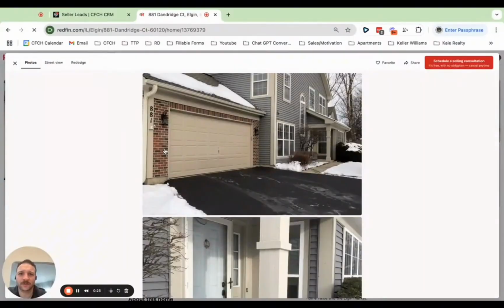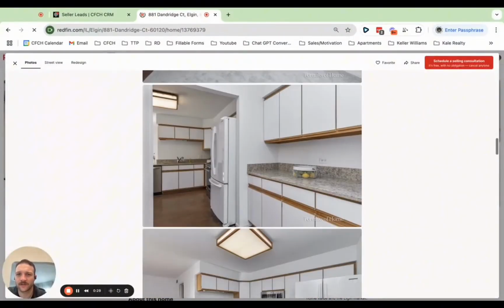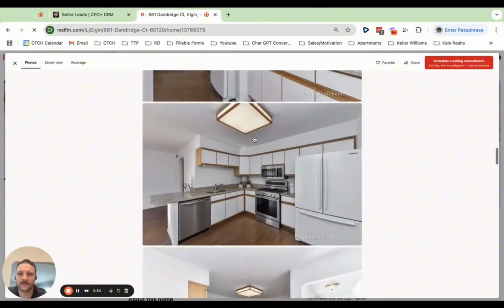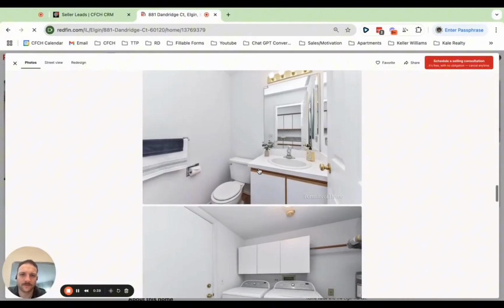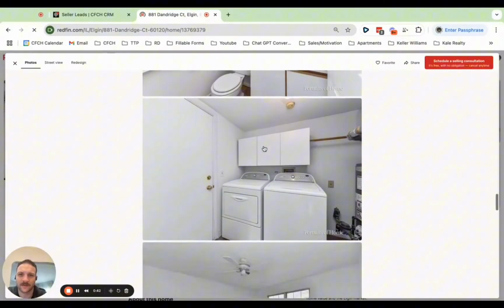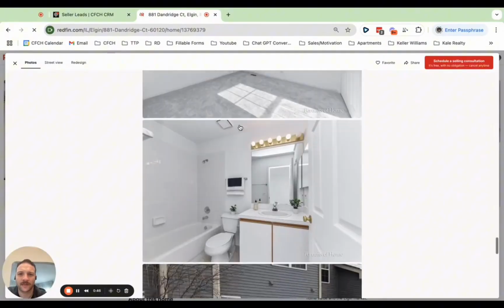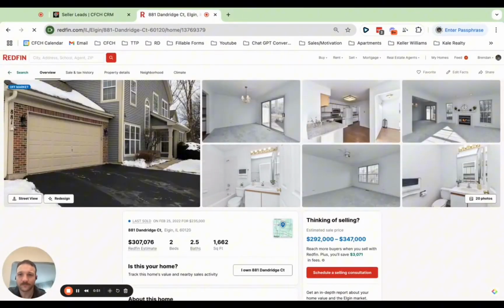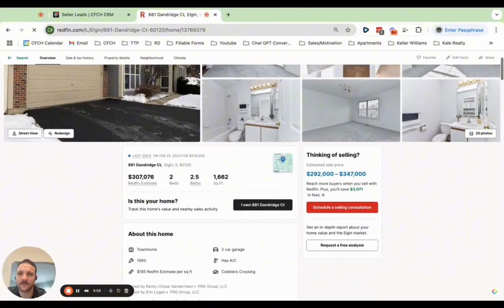So just looking at the pictures, clean property. This was from 3 years ago, so we're not quite sure of the shape today, but it gives you an idea. Older kitchen, hardwood floors, older bathroom that may need some updating, just a vanity. Could be rental grade today, but looking at the bathroom, it could potentially use some sprucing up. So first, we want to just get an idea. We have a 2-bed, 2.5 bath, 1,600 square foot home, right?